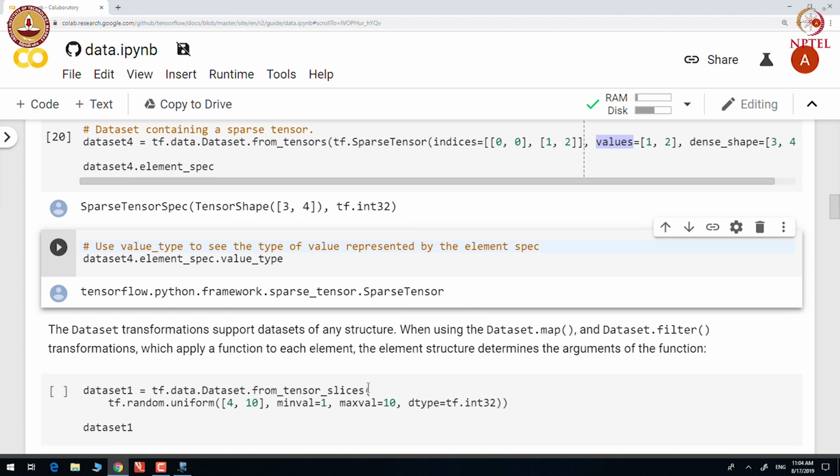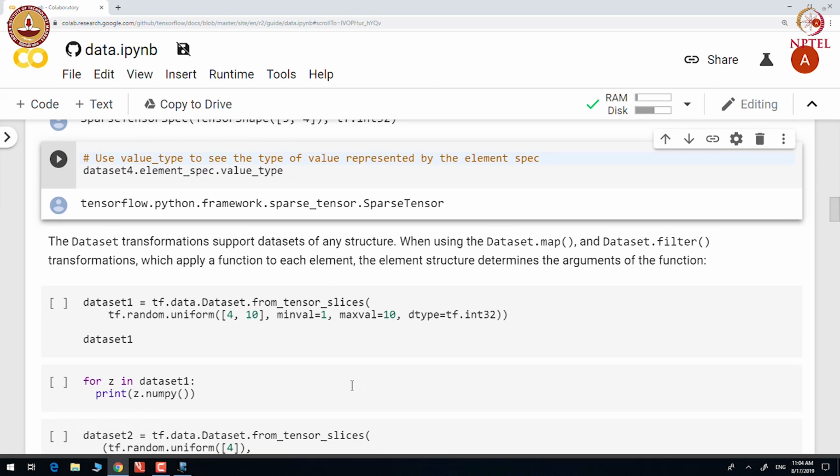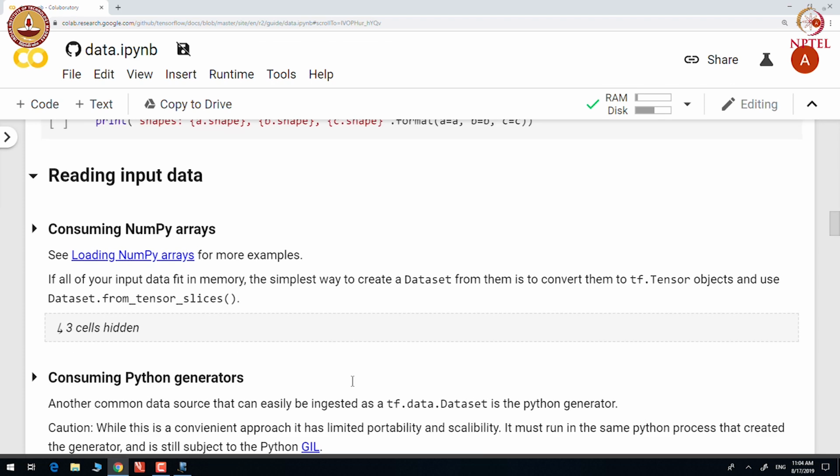Dataset transformations support datasets of any structure. When using the map and filter transformations, which apply a function to each element, the element structure determines the argument of the function. We can construct a data set from different sources.